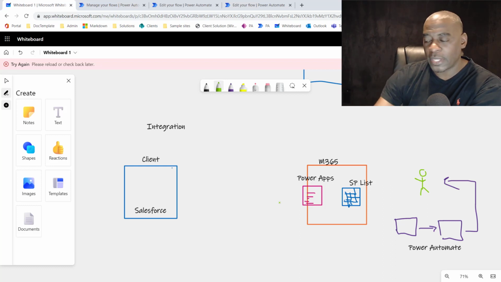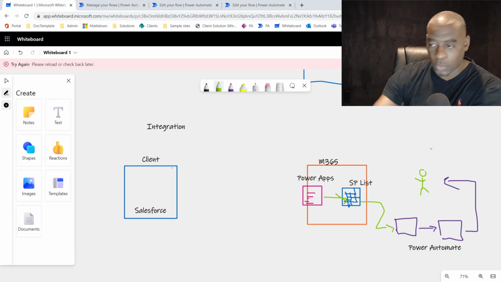So you kind of sell them on that. But there's a team dedicated to that new product or service, and that team needs to go out and do a presentation. So basically what you want to do is submit this information, filling out this form, have that saved in a SharePoint list. From that SharePoint list, that would trigger your Power Automate. The Power Automate would then send a notification to this team, and that team will go out and meet the